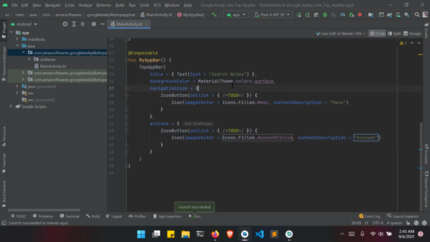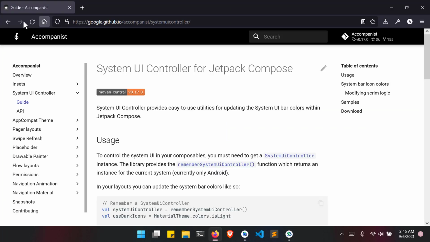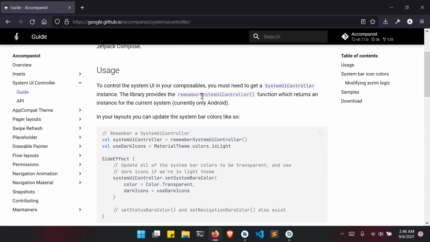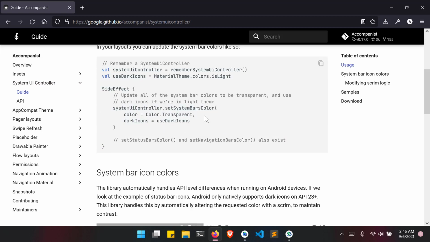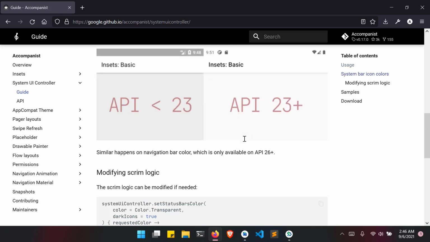For that, Google already has one great library. In there we have the system UI controller, and with the help of that we can easily change the color of the system bars, the top bar and the bottom bar, in the end. So let's add the same